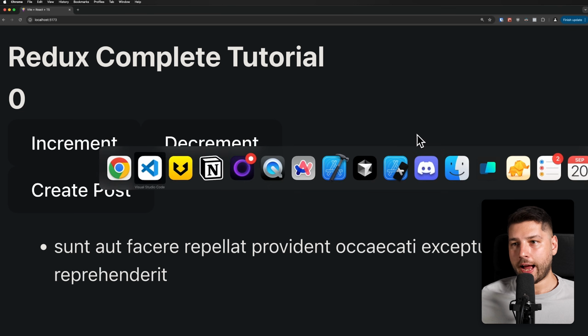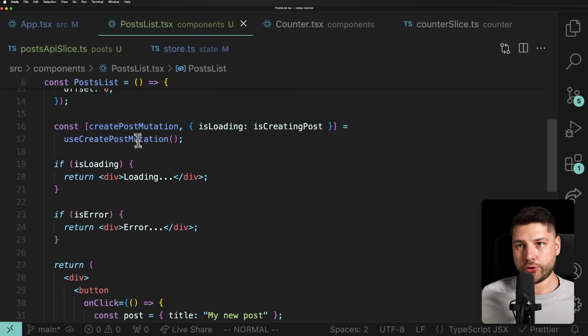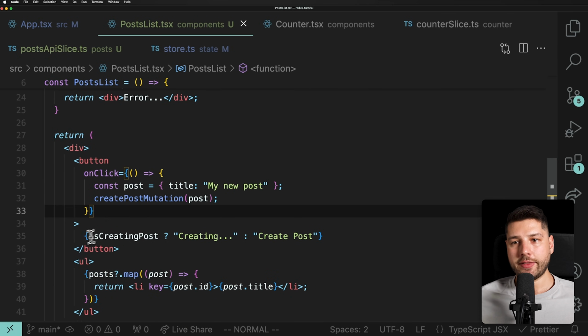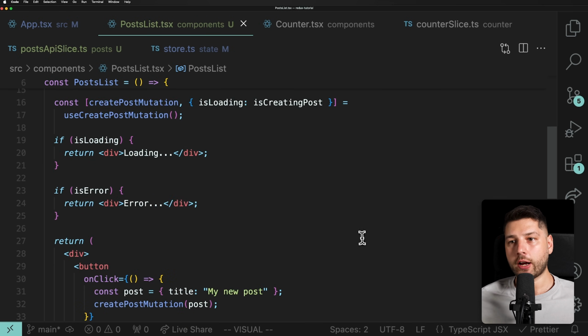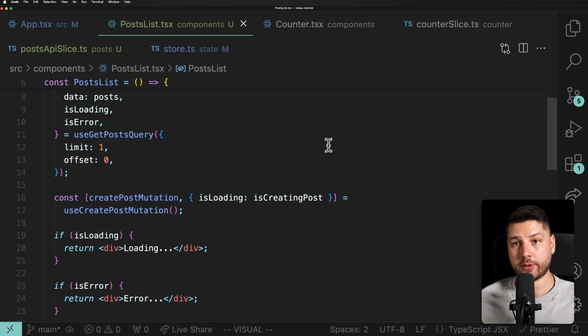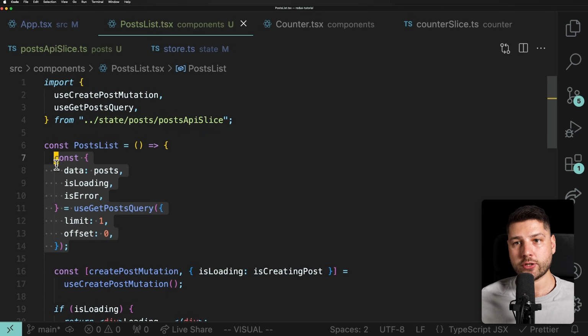Now you learned how to actually set up a mutation, how to use the mutation function, how to use the parameters that it gives you, to call the mutation function with some data, and then to use the values that it provides you to automatically update your UI to match the current state of the mutation. You know how to do this with a mutation, and you also know how to do this with a query. So now you pretty much know all of the things that you need to get started working with Redux